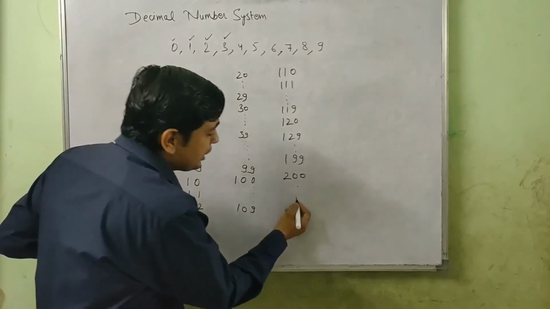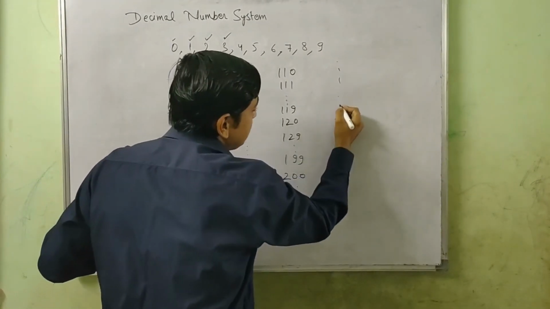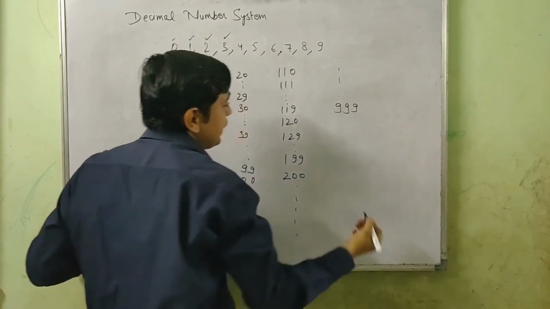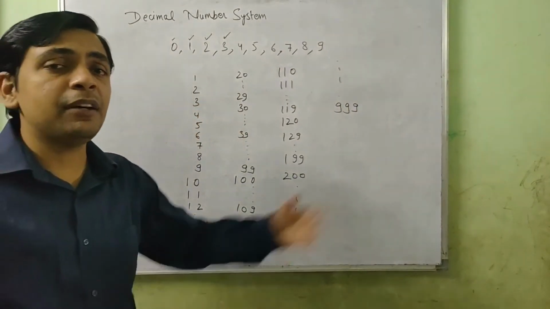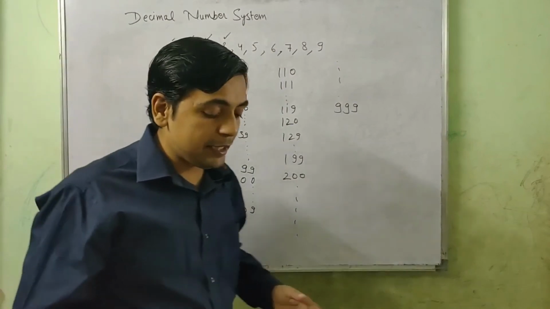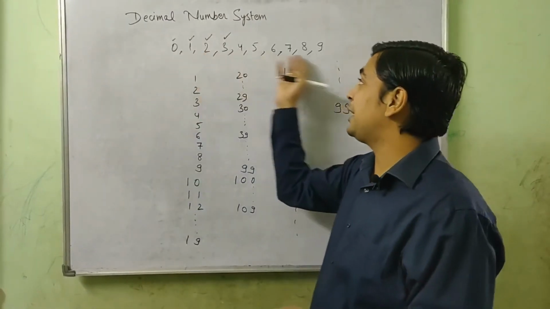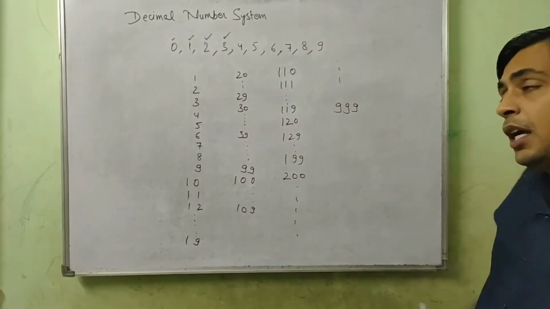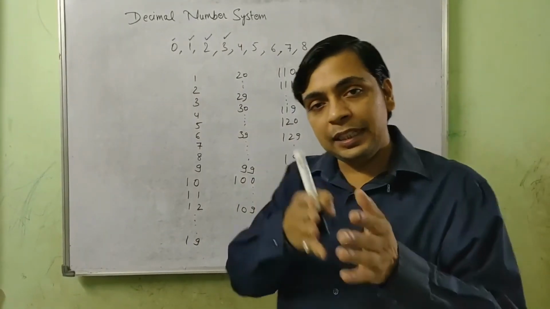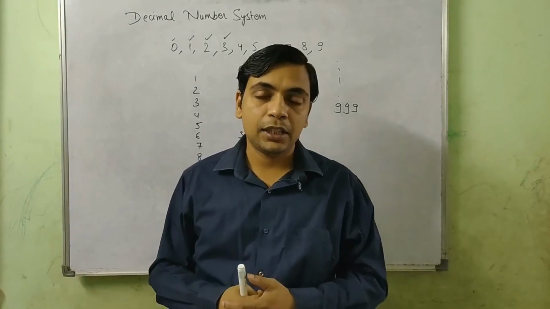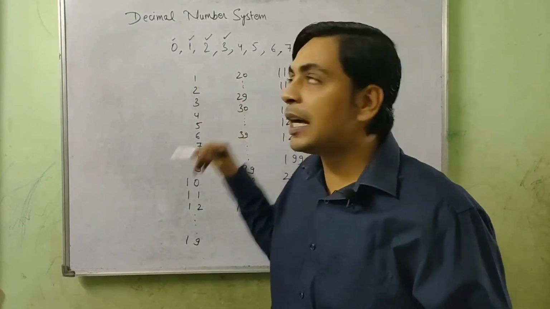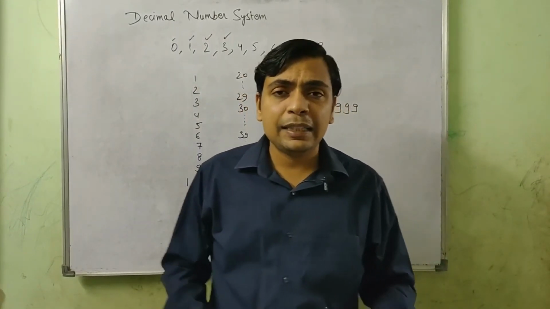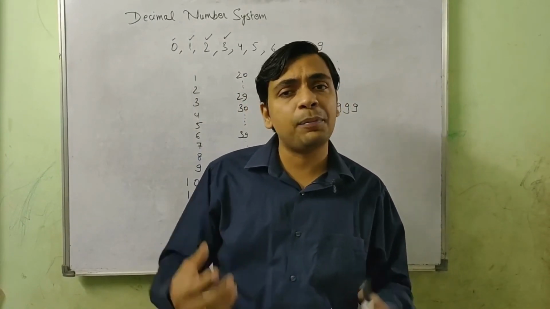And what will be the last number of 3-digit numbers? 999. And then after it will be a 4-digit number. So that's why I am telling you, with finite digits we can form infinite numbers, because all that we need to do is increase the number of digits. Okay, so that's how numbers are formed in our normal mathematics. Let's see another number system, and let's see how numbers are formed in it.